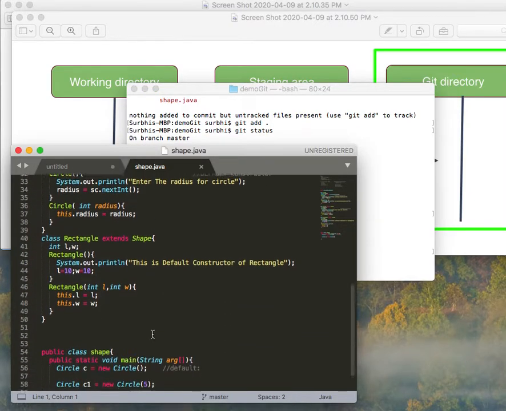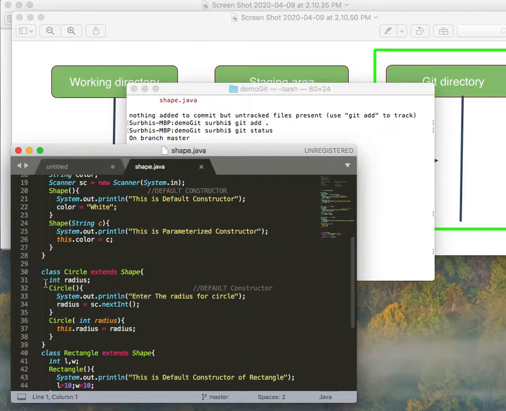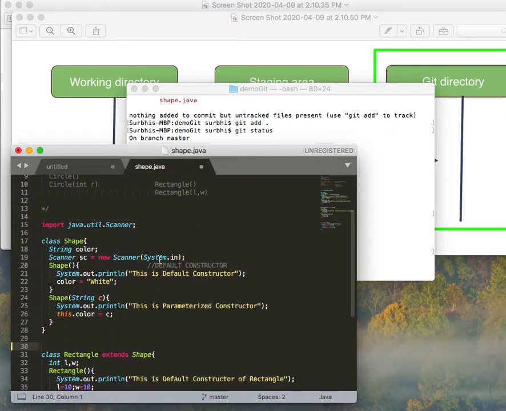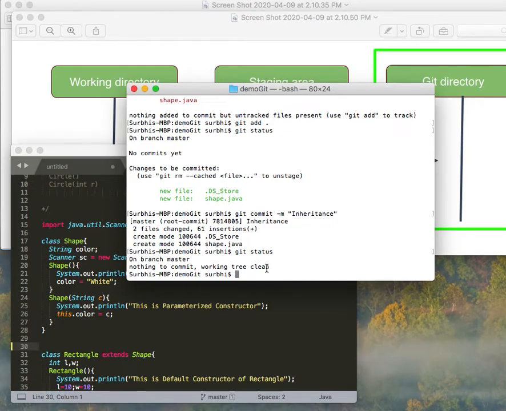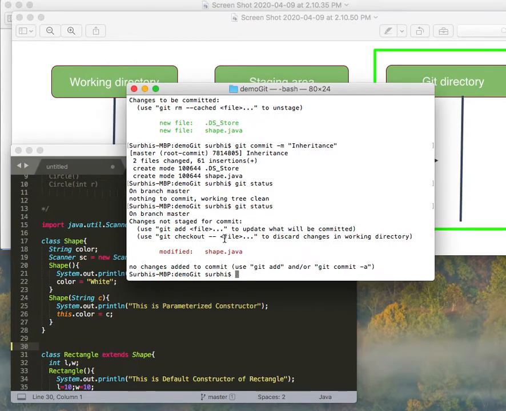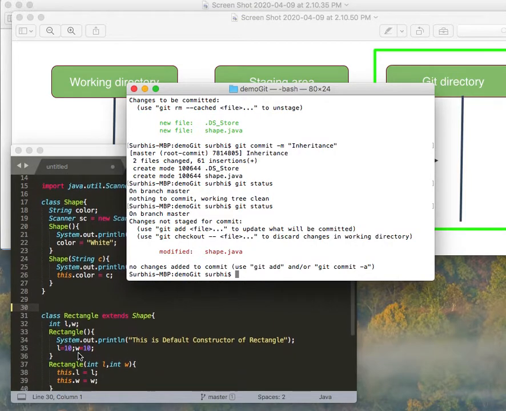Now suppose I am making some change in my file and I have deleted this class, and after deleting I am saving it. So whatever changes you make, you can check them here, as they are shown by the git status command. So git status says that the Shape.java file has been modified. It is good practice that you need not update the directory after every edit, but once the edit shows something useful, like I have deleted the class and, suppose, included exception handling in this,